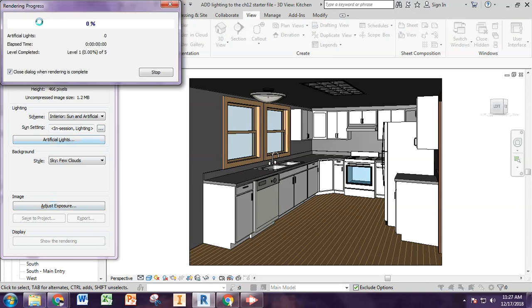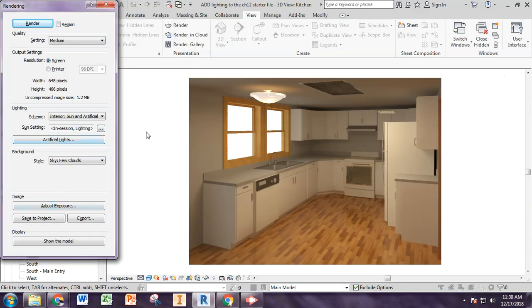So now we'll hit render and pause the recording. Okay, and this is what the rendering looks like now. Not a whole lot different, but like I said, you might have a situation in your project where it gets completely dark without changing your sun